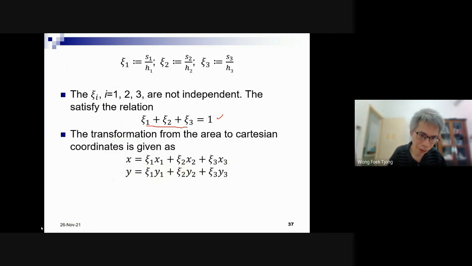For example, the previous triangle, our simple triangle, this one. This is 0, 1, 1. Please calculate the position of the centroid here. The centroid in area coordinates is given by 1/3, 1/3, 1/3. Okay, this is the centroid in area coordinates. So if we want to calculate the Cartesian coordinates, use this formula. X, Y equals what? All 1/3.